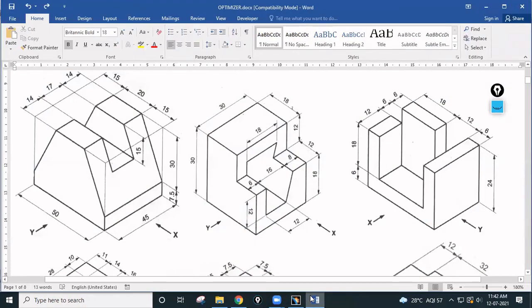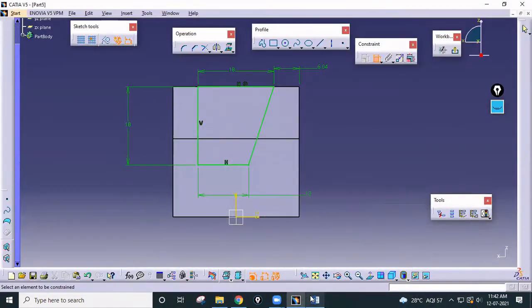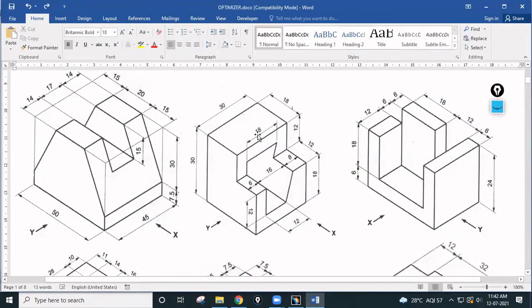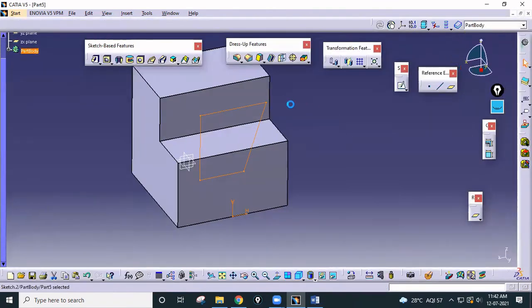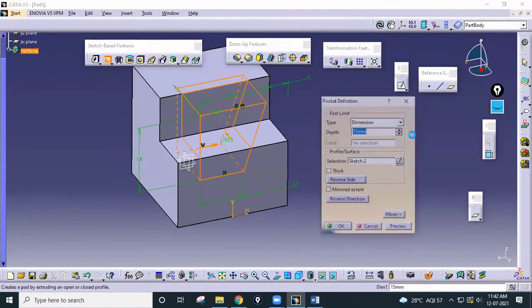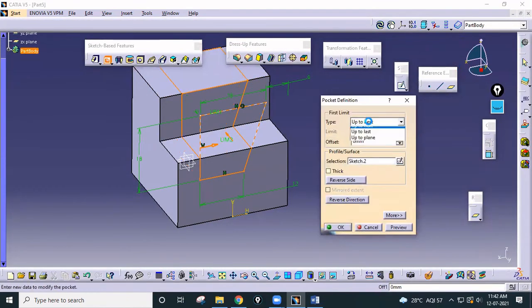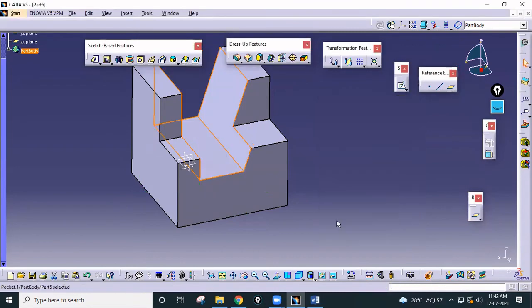And so this total length is 13, out of 18 is gone, so you can mention this as a 6, and just exit workbench and make it pocket up to last. Click on OK.